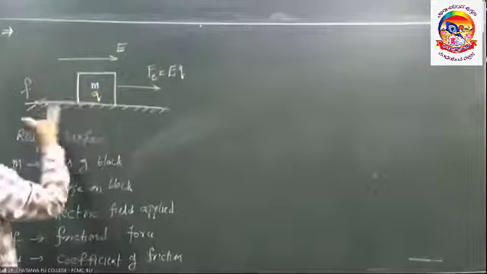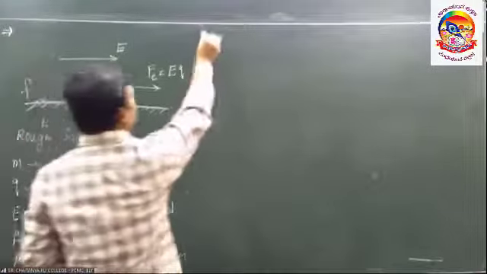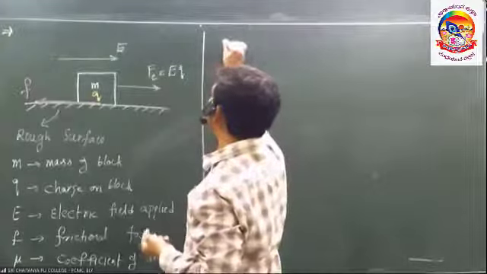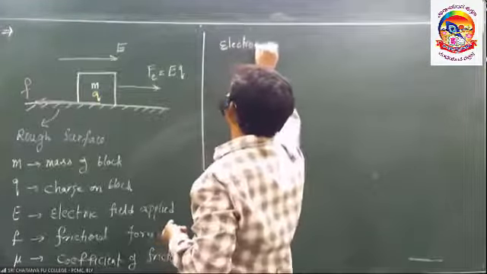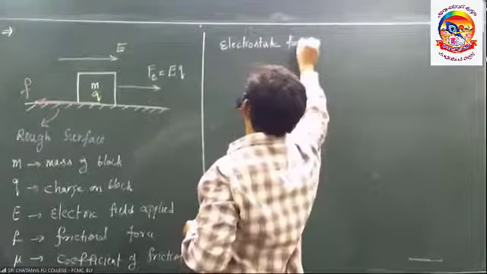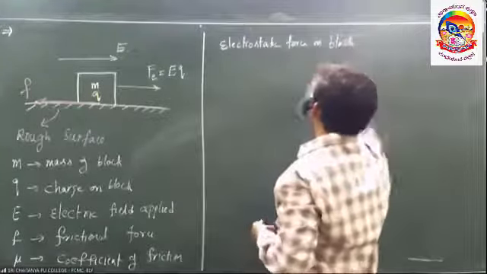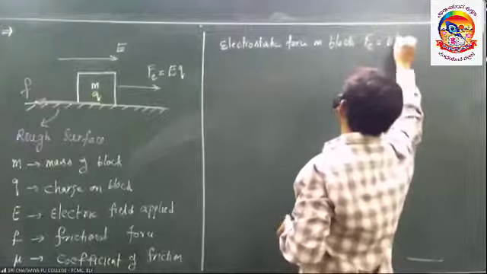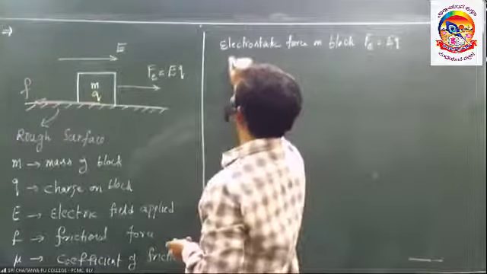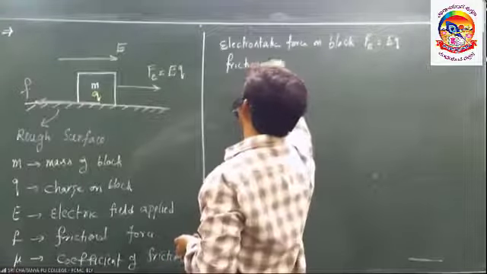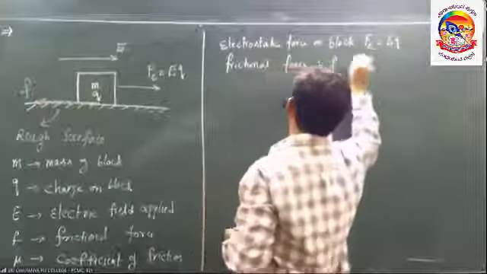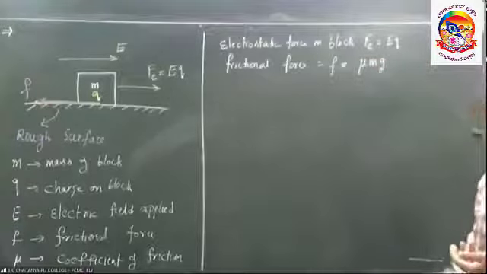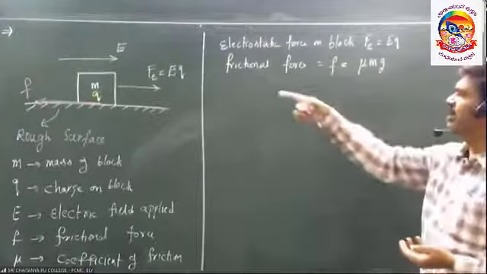Here, block on rough surface. Then what is force due to electrostatic force acting on the block? Force due to electric field on the block is EQ. What is frictional force? We know the formula? Mu mg. From first year, frictional force acting on the block is mu mg,